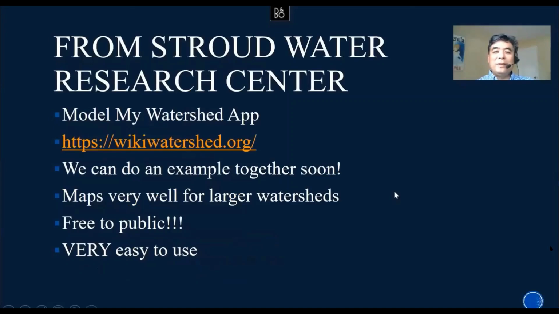So the example that we're going to use to begin with will be from Stroud Water Research Center. And they've got a fantastic website called Watershed. And we're going to go in there and we'll work on examples of all of that in just a minute. But this works incredibly well for mapping larger watersheds. And it's a very complete kind of resource, especially so good for beginners